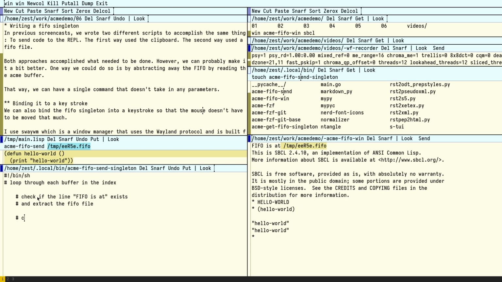Finally call the acme FIFO send script. That's it. So the way we would do that is, first we want to do an IP read acme index,